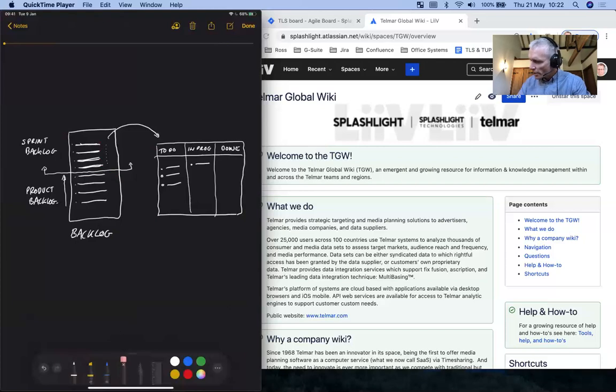And let's say another engineer picks up the second story and that's going to go into progress. So the principle is that stories move from column to column until ultimately, in theory, at the end of a sprint, all our stories are done.